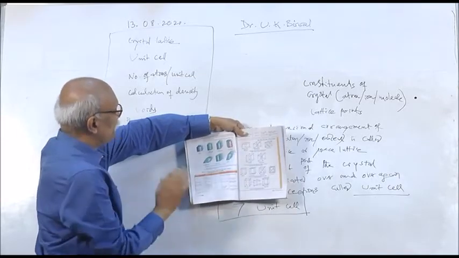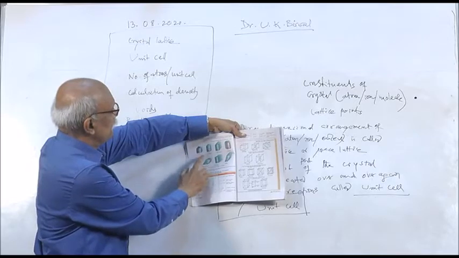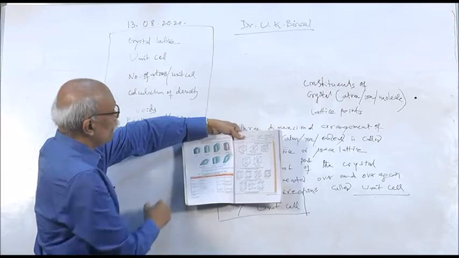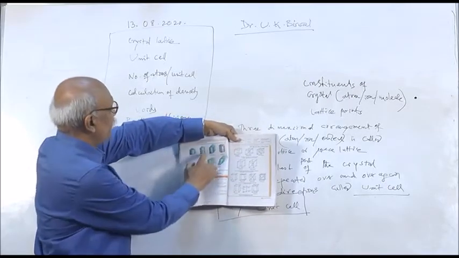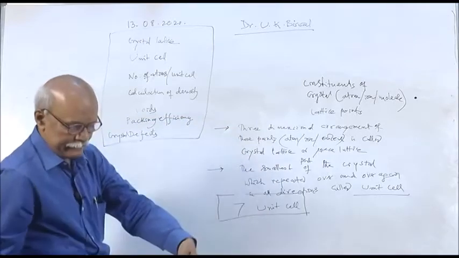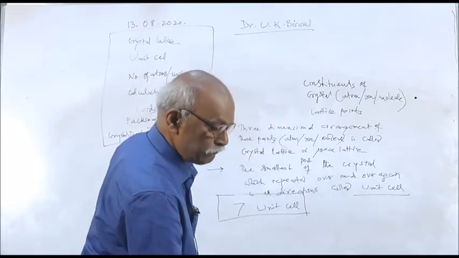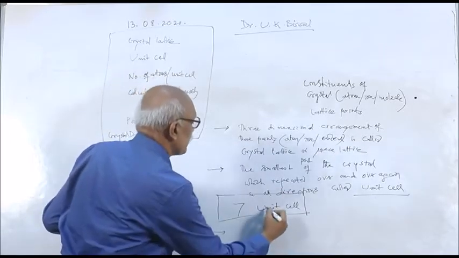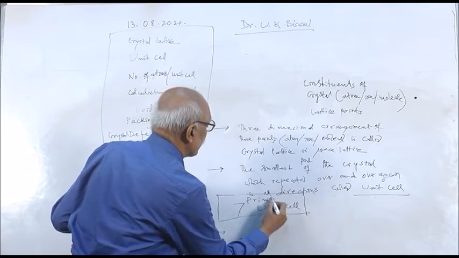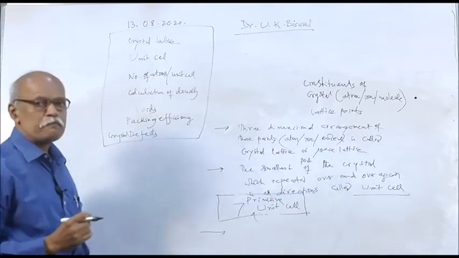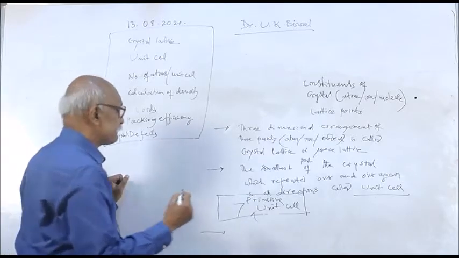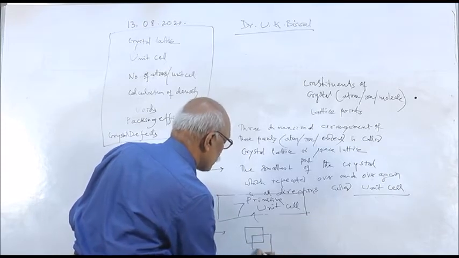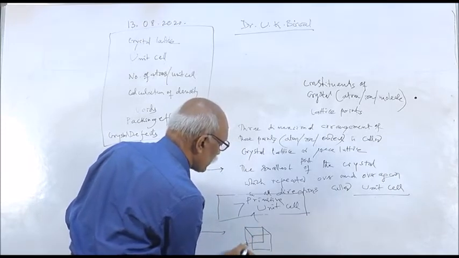Cubic is again of different types. This is the primitive cubic. These are all the primitive ones, that means all the corners are occupied by these lattice points. Understand? That is another type of classification of unit cell. These are 7 types of primitive unit cell, you can call it. Primitive unit cells are those where the constituents are present in corners only.